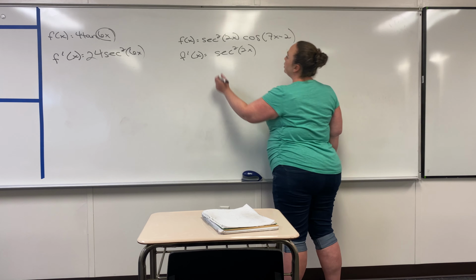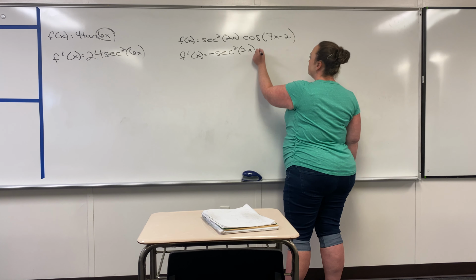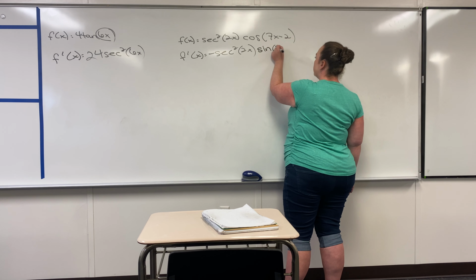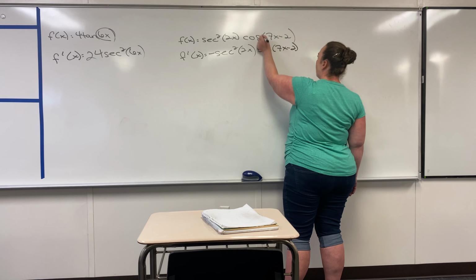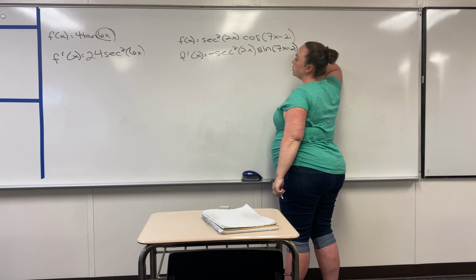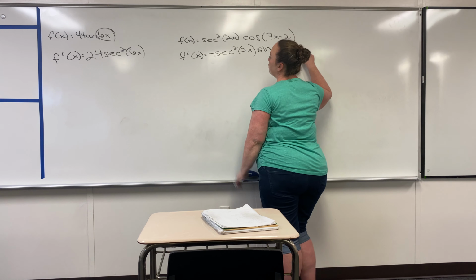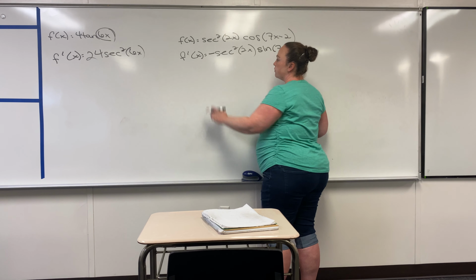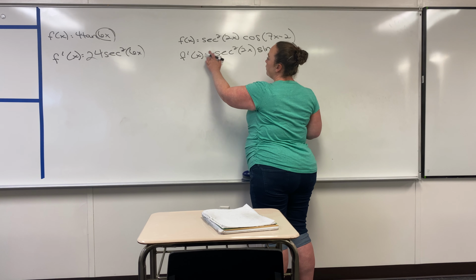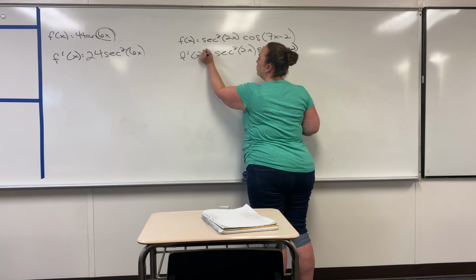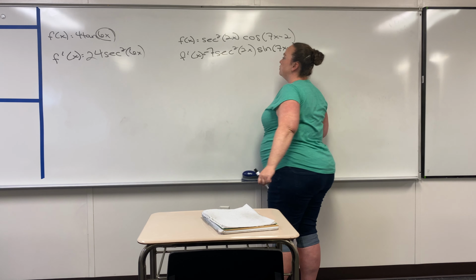If it's negative, just put it in front. So then you've got sine of 7x minus 2, which was a quantity. So then you have a 7, which I wouldn't put back here. I would put in front. And I go, oh, well, I didn't leave space for that. So you go, thank goodness I write in pencil or expo marker. So then you have minus 7